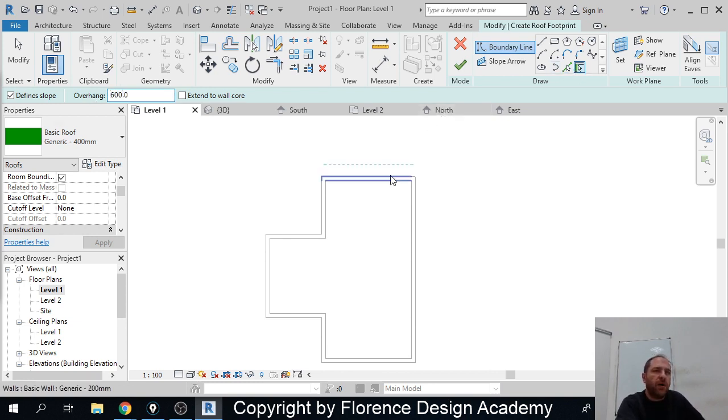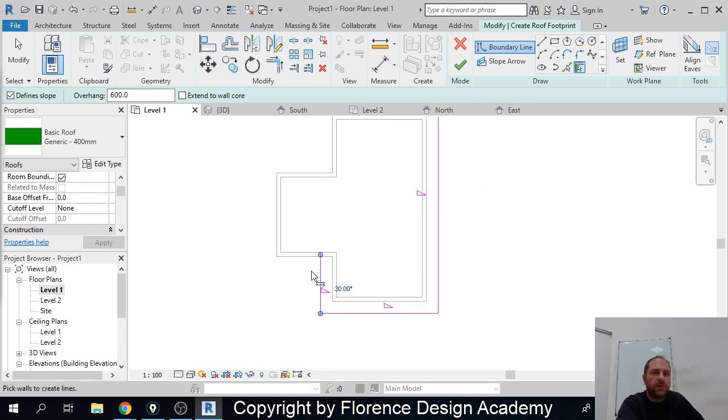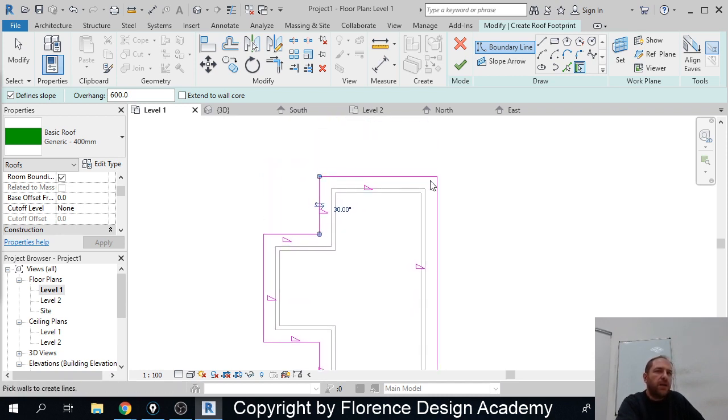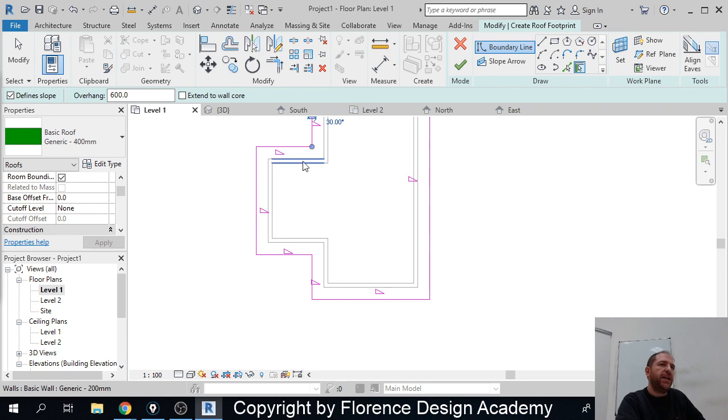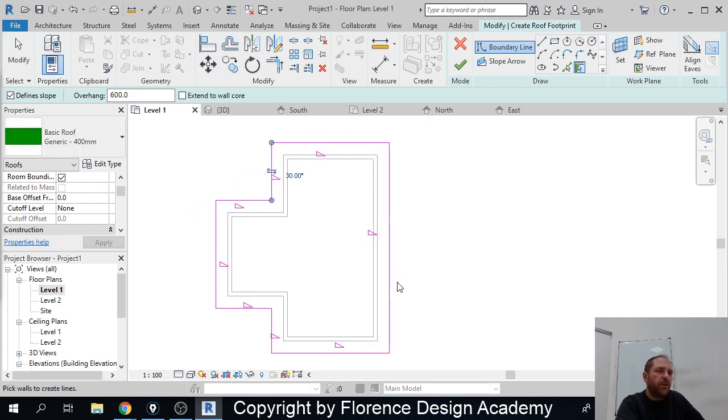So check now. I click my wall and I pick this wall, but the footprint of the roof will be 600 millimeters far, like this. So it is a shape that is basically an offset of the original shape of my walls, but it is 600 millimeters far from each wall. Then we need to see this again. Can you see that each of these edges has the